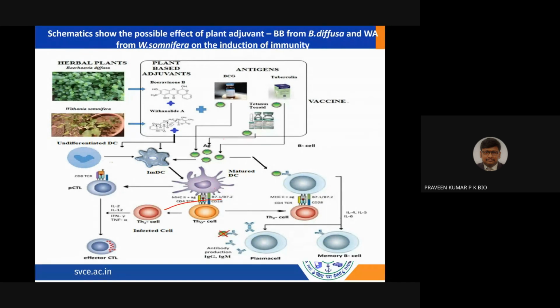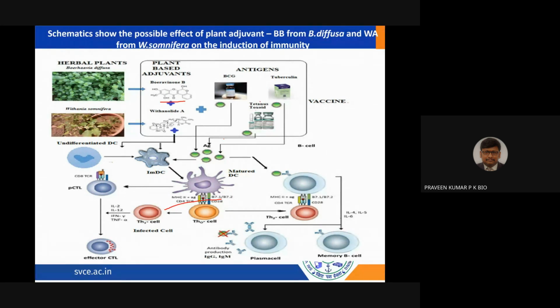Yeah, it's there. So here you have Pouzolzinon B. This is a plant-based molecule from Pouzolzia diffusa. And Ashwagandha, I took the Withanolide. So I just tried with two different adjuvants, but the vaccine antigens I tried are Bacillus Calmette-Guérin, tuberculin, and tetanus